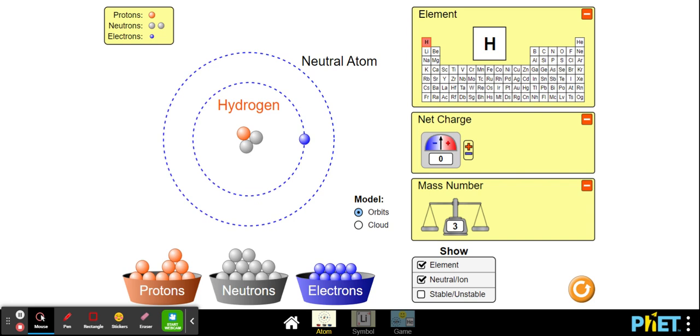Now, these different types of hydrogen we can call isotopes of hydrogen. And in fact, the thing about some isotopes, we can say that they are unstable. Unstable isotopes are isotopes or atoms that don't hang around just as they are. They don't stay hydrogen for very long. In fact, these isotopes of hydrogen have got a special name. The one that has a mass number of 3, in other words, has 2 neutrons, is called tritium,